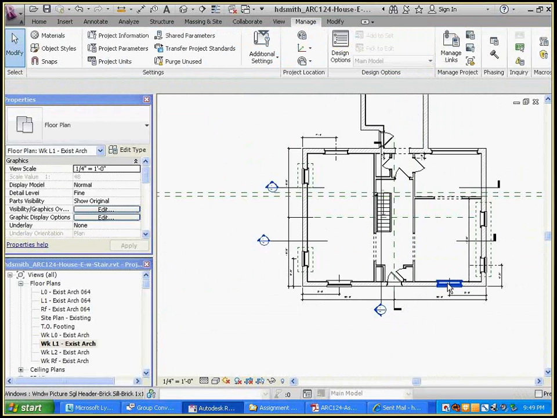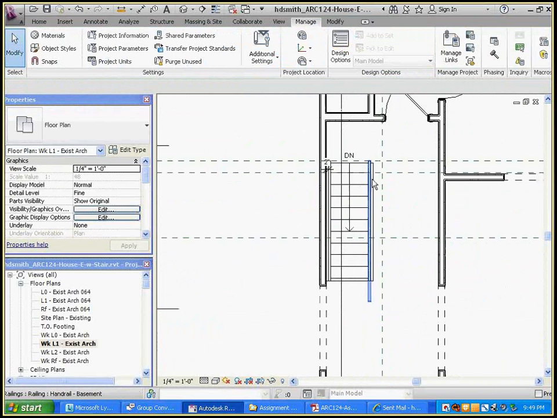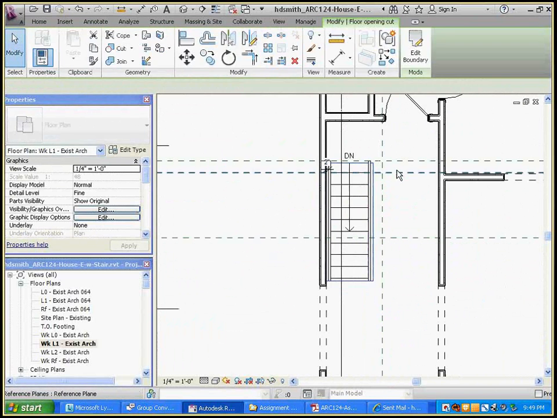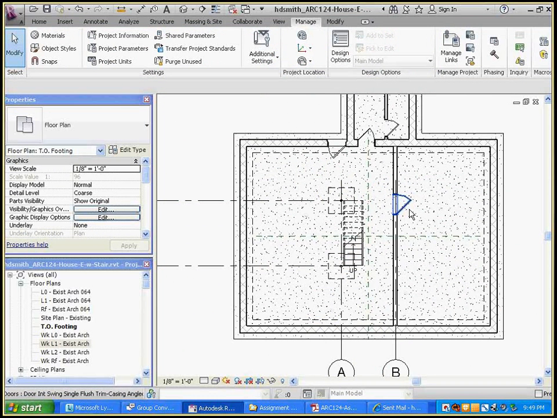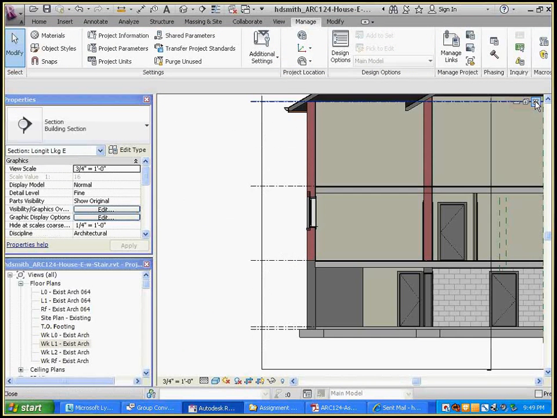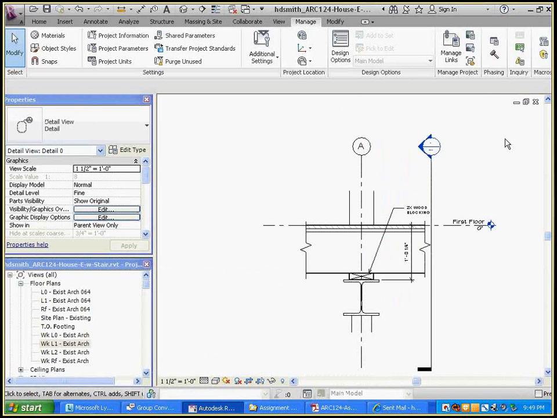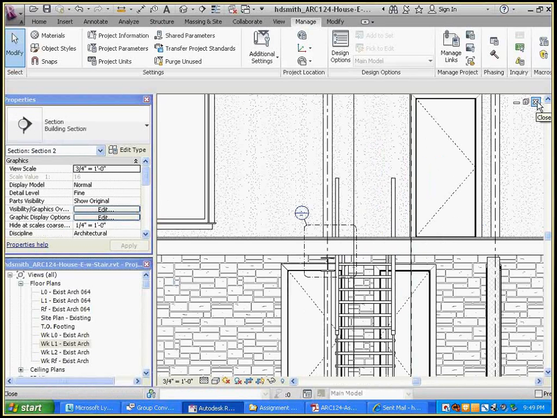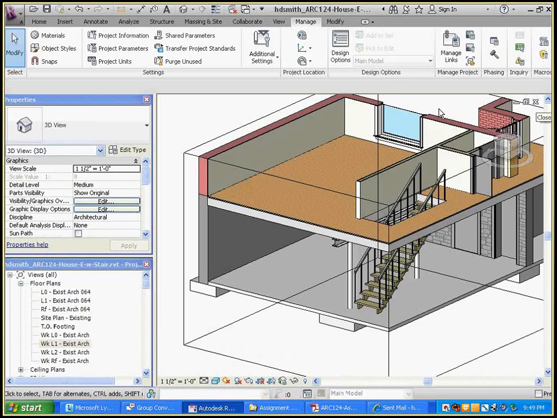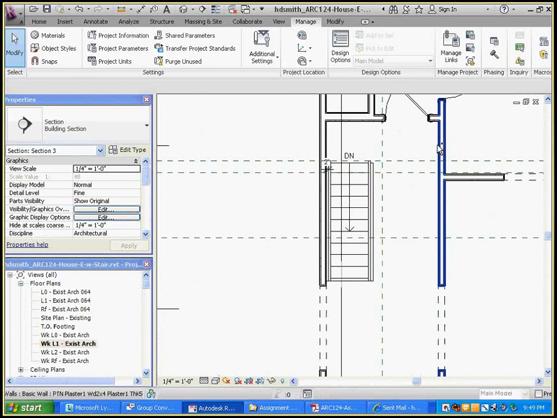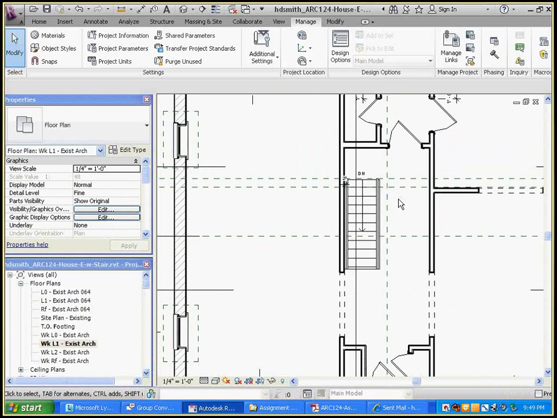So if I go back to my first floor plan, and I select that opening, let's go back here for a minute. Too many views. Too many views open. Close, close, close. I want that one. I want that one. I want that one. So, in section,